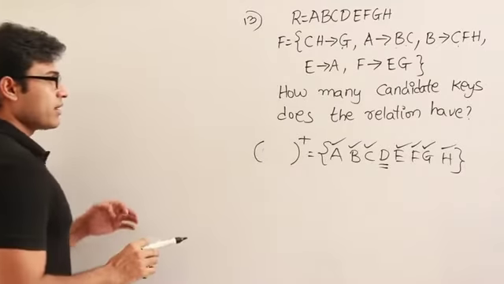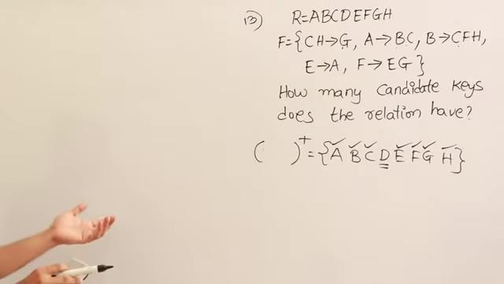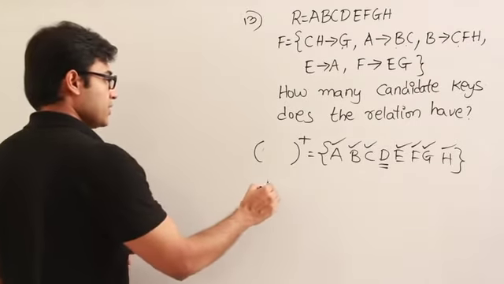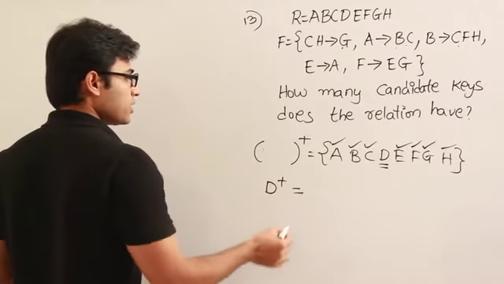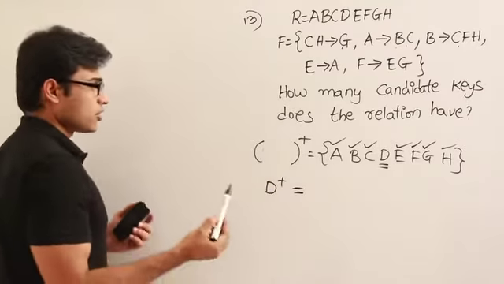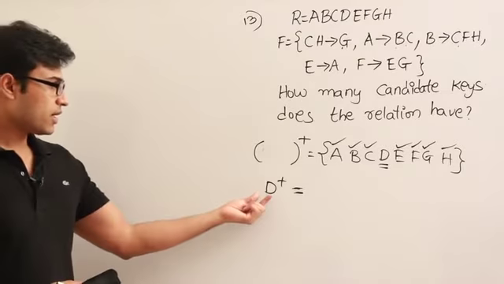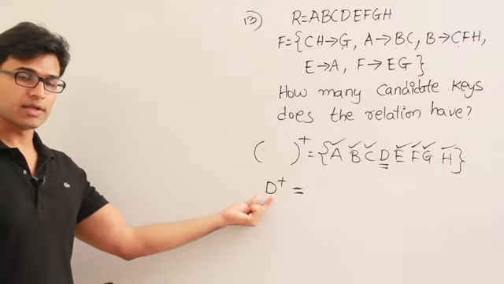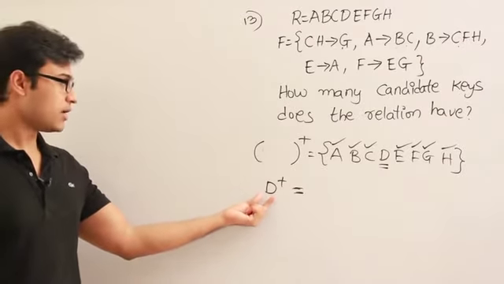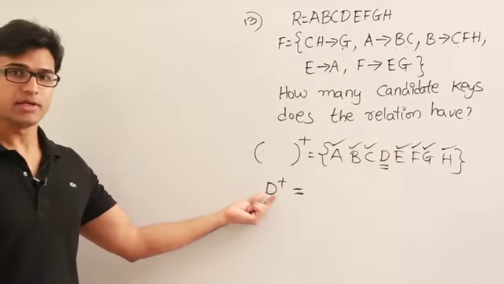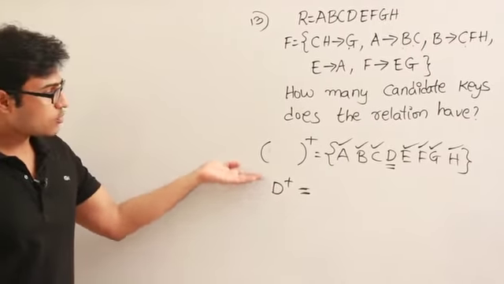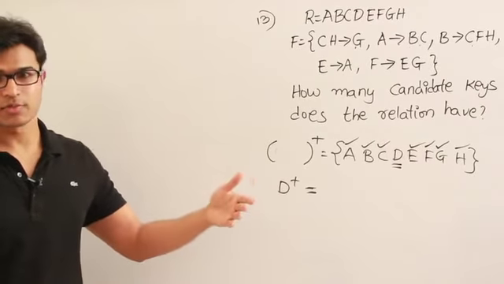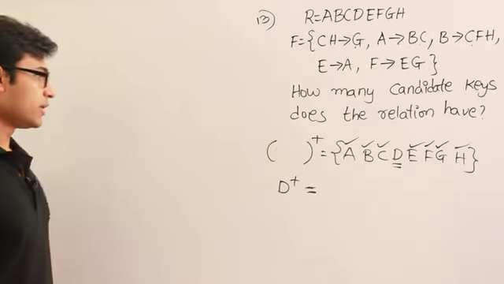So since every candidate key has to contain D, let me find out whether D itself is going to be a candidate key. If D itself is a candidate key, then that is the unique minimal candidate key possible for this. I could stop there. The reason is, we know that every candidate key has to contain D. Therefore, D is the minimal thing that has to be present in every candidate key. And moreover, if D is also a key, then D will be the candidate key, and any superset of D should definitely contain D, and hence cannot be a minimal super key, right? Therefore, only D will be the candidate key.